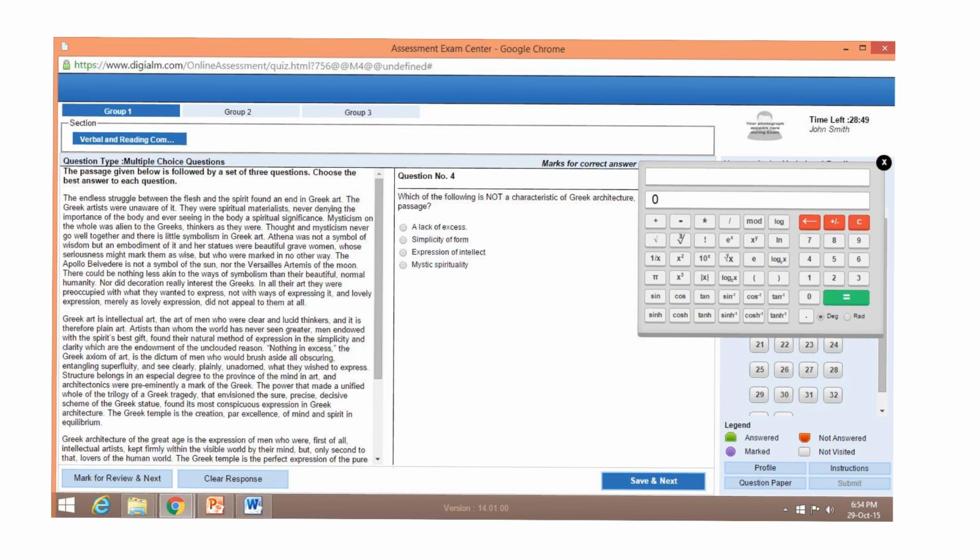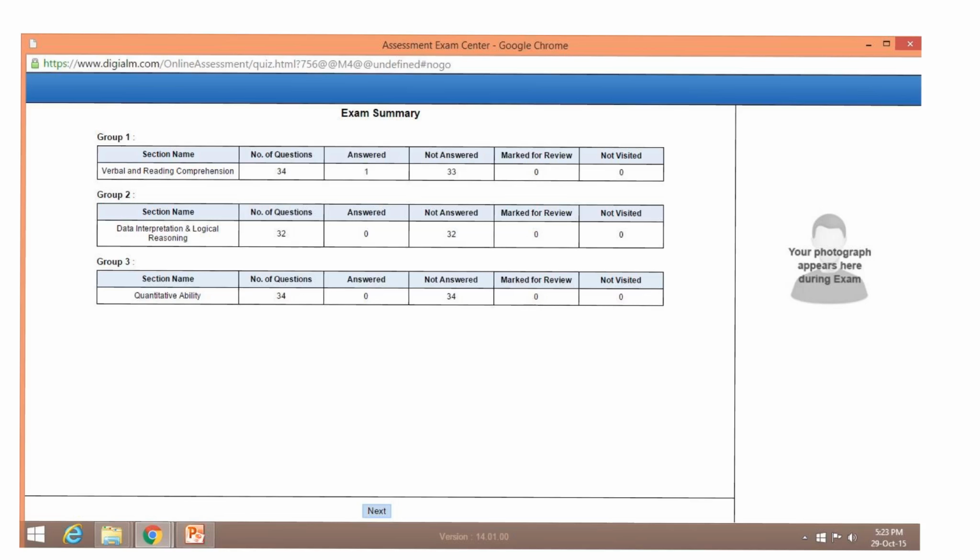We can see here, the clock is on the top right corner. On the completion of the 40 minutes, the clock will stop, the particular section will get locked, and the response will be auto-submitted. You will then need to move to the next section and start the next. So you have to press the next button and go to the next section. On submission of all 3 sections, you will get the summary of the complete paper. Like this, you will get the summary of the complete paper.